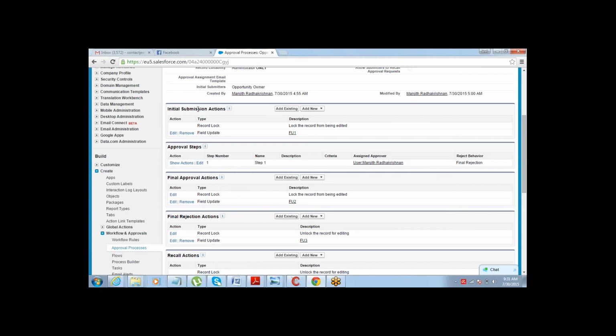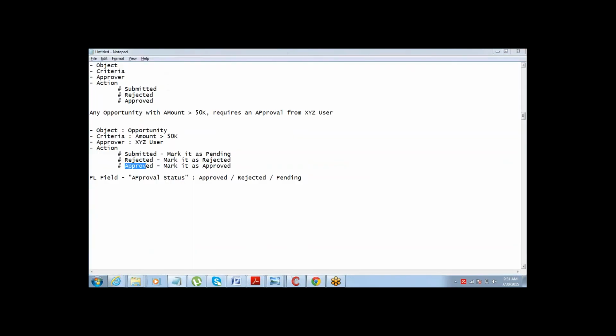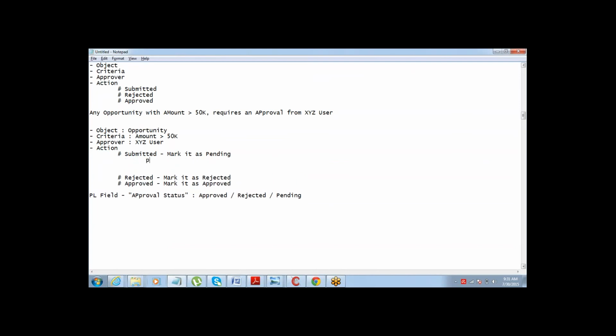When the record is submitted, submission action means the action that you want to do when the record is submitted for approval, right? So for submission action, I say approval status should become equal to pending.